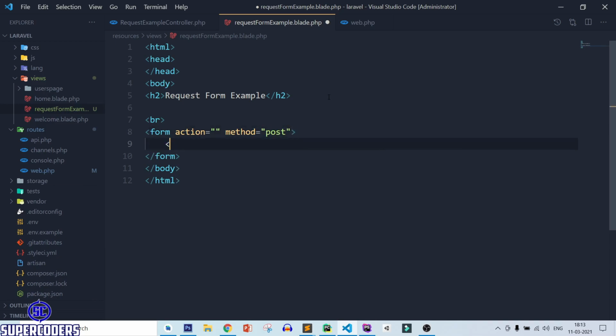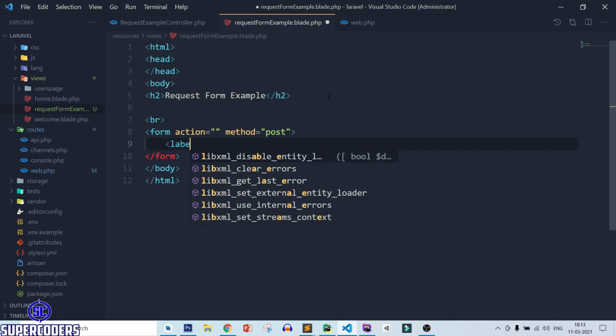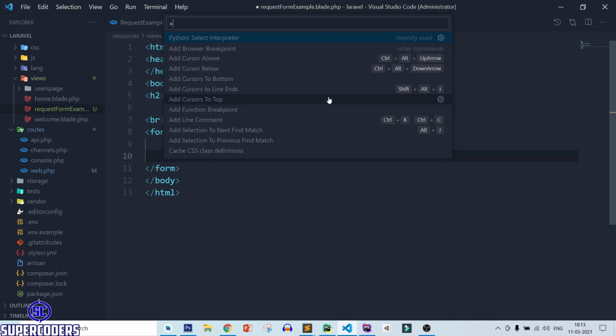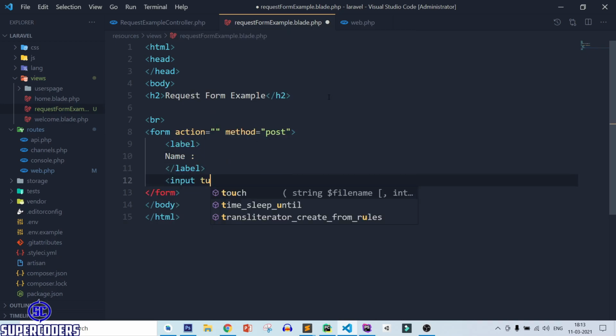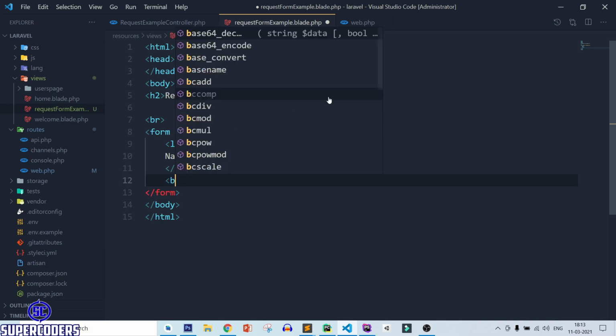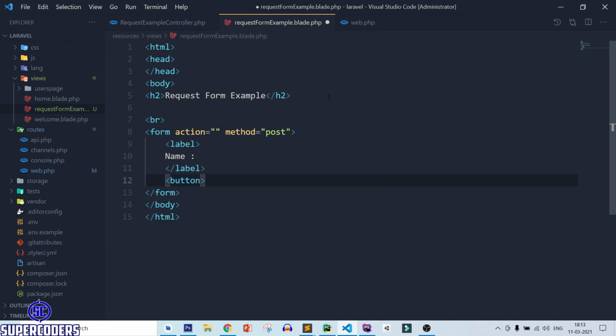After that, label name, input type button, type equal to submit.